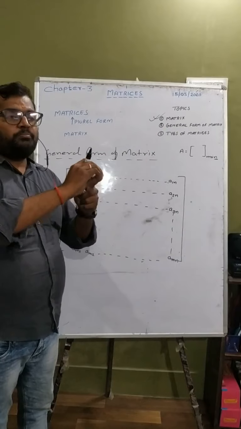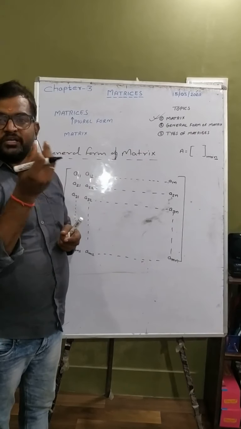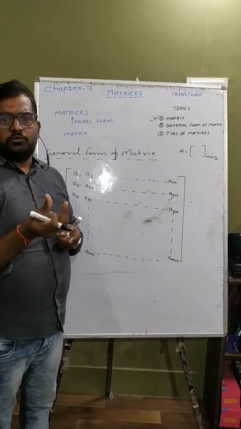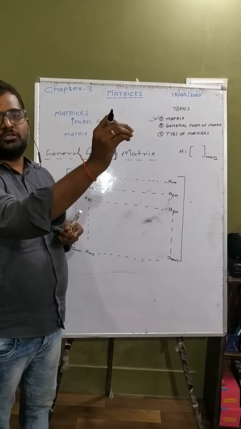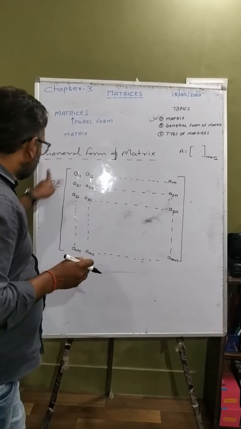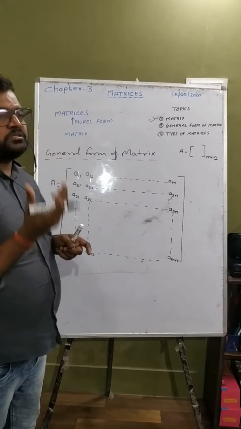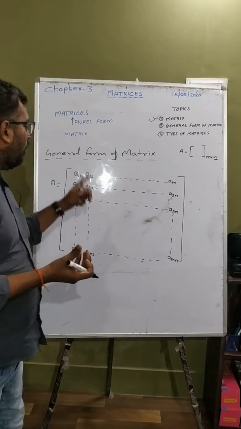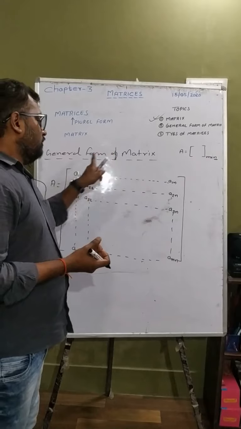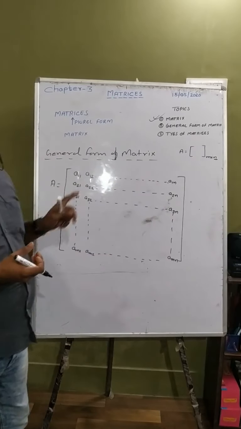So for all the particular solutions, there is a single expression which can be given as the general solution, and a single value is said to be the particular solution. Similarly, for this representation, there is a representation which defines all the elements of the matrix, and that is said to be the general form of the given matrix.